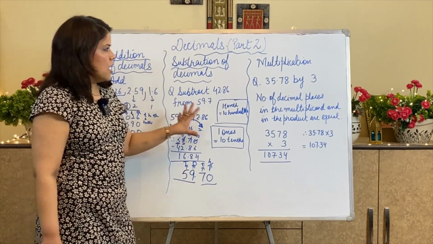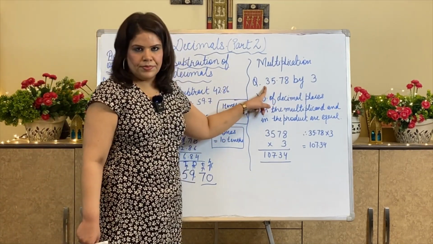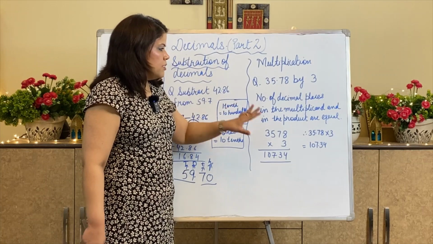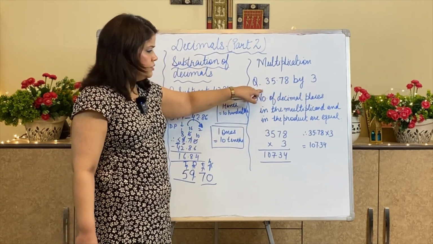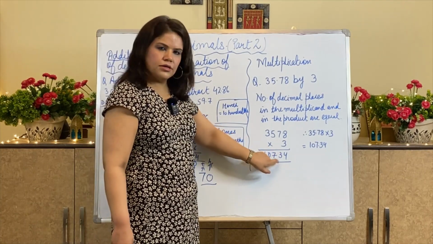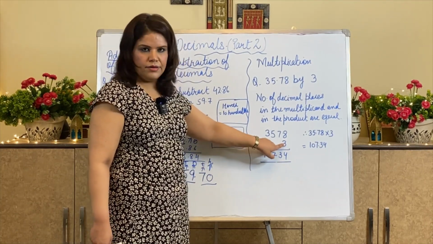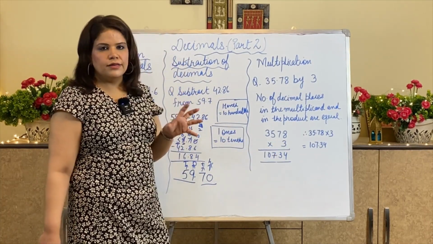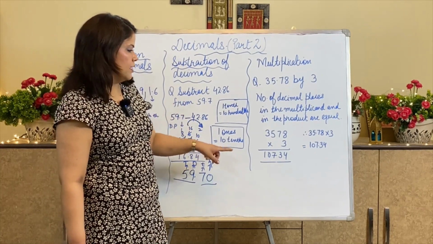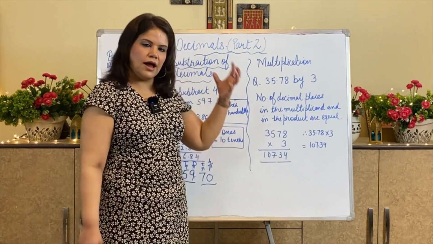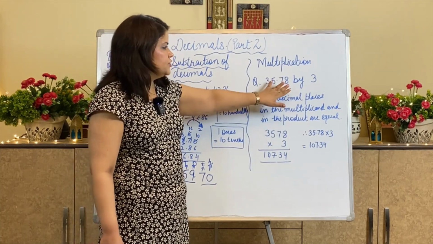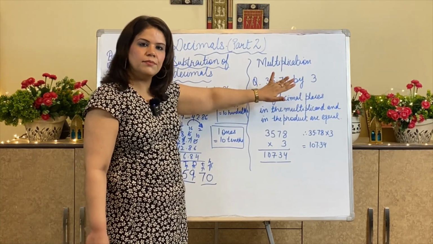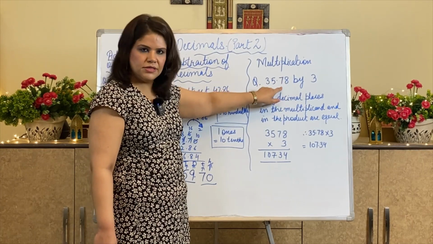Understood? Now if I have to multiply, understood? The number of decimal, this is the multiplicand, understood? And this is the product and this is the multiplier. We have done this in the multiplication fact. That answer is known as product and the number with which we are multiplying, that is multiplier. You will check how many decimal places are there in the multiplicand. There are 2 decimal places.